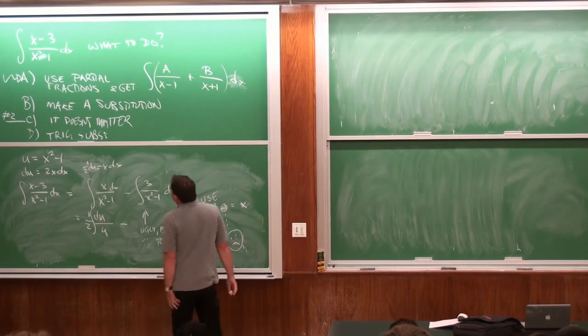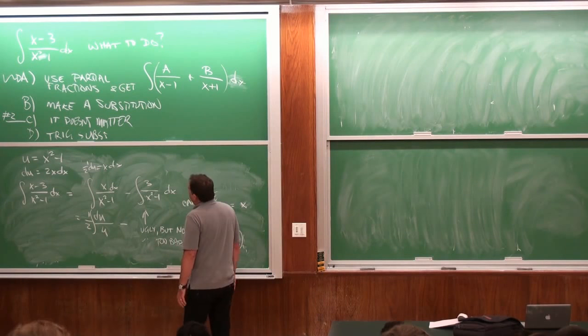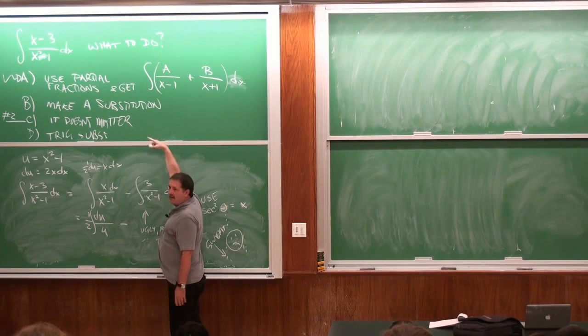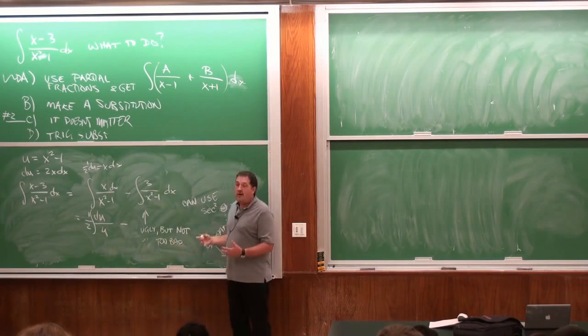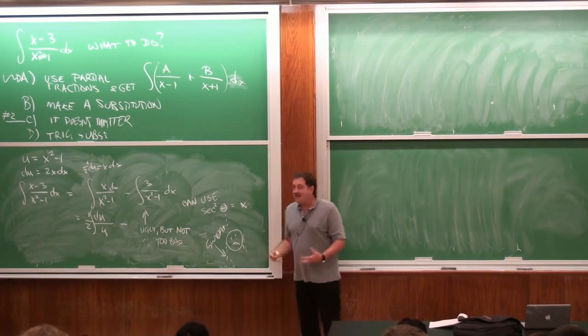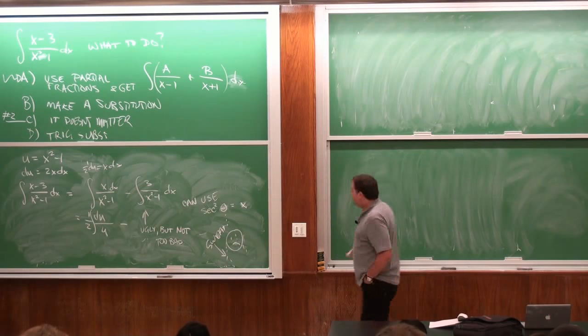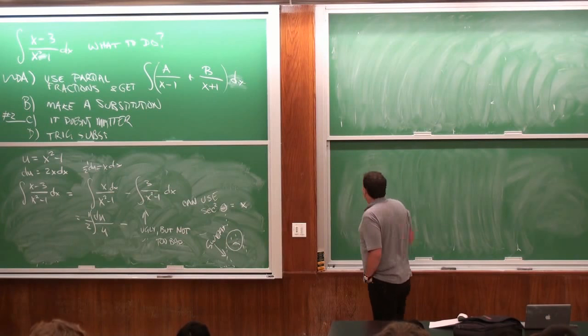So formally the correct answer is either A or B and C together, and depending on how much of a masochist you are, it either doesn't matter or it does. I mean, it matters in the sense that you've got to kill yourself to do something that's relatively easy. So let's do it the easy way now.